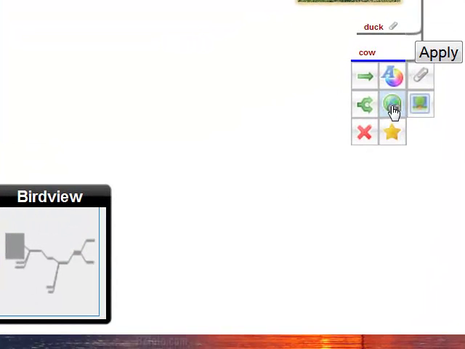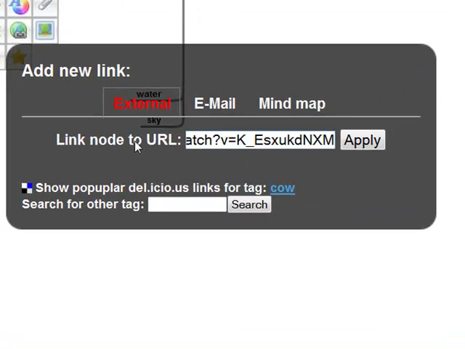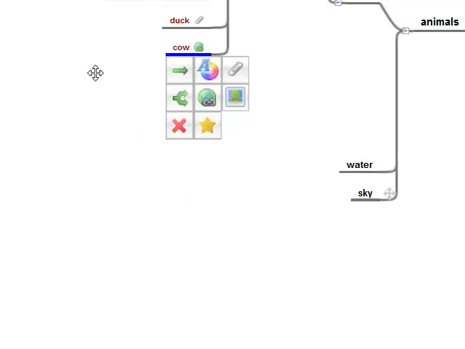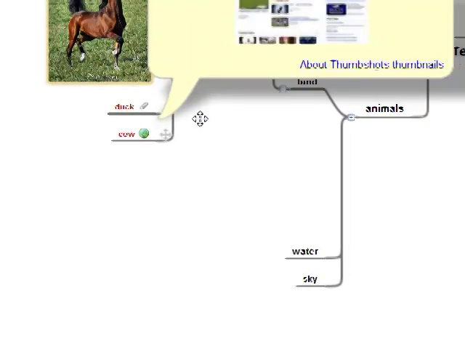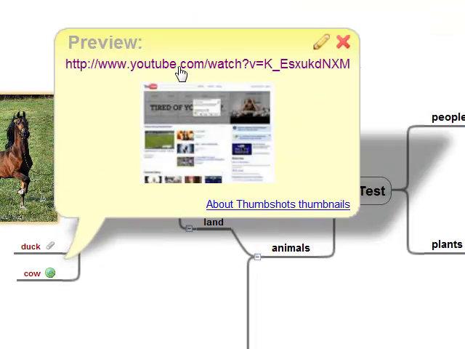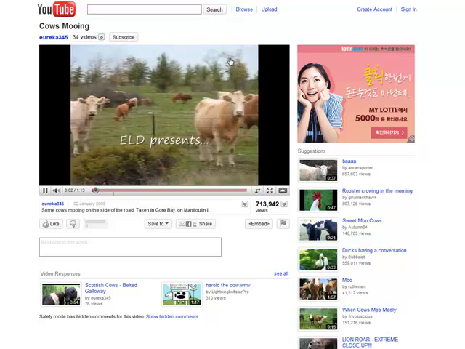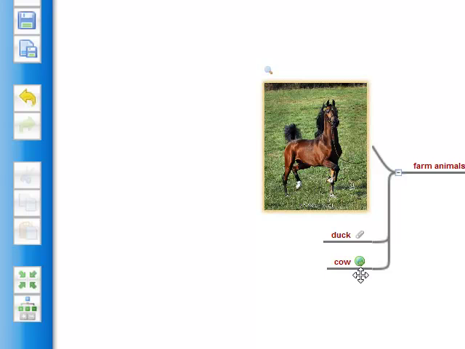This time I'm going to click on the web link in the middle and then Control V where it says link node to URL, apply, and from here if I click on the web link icon, it'll say preview and I click on it and it will take me to that YouTube video. Now obviously I've used a YouTube video, but you can use whatever web page you like. So that is basically how you add pictures, attachments and web links to your